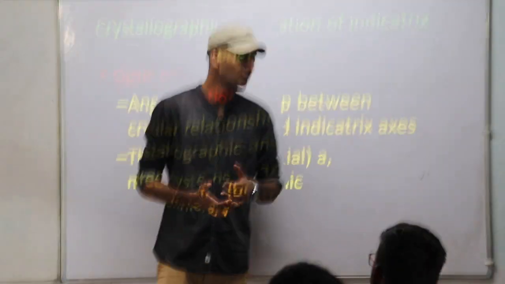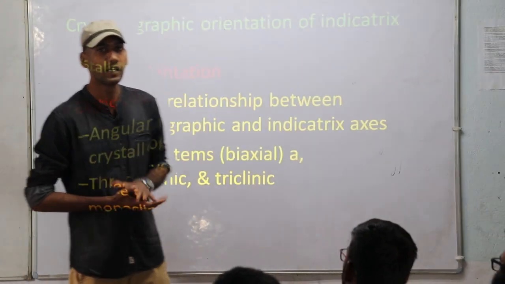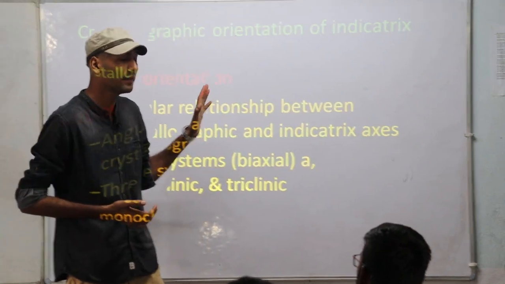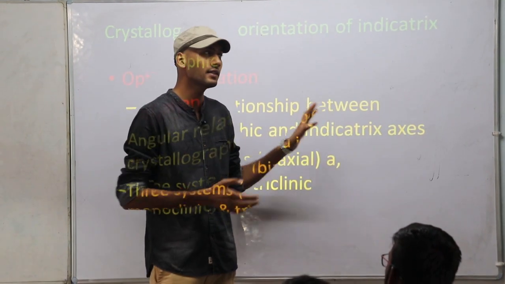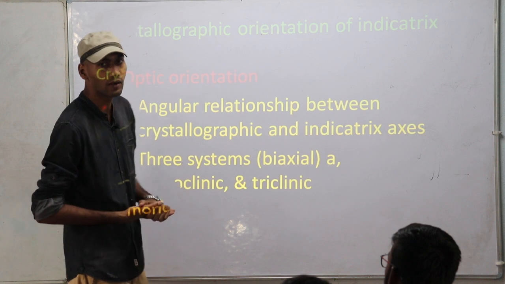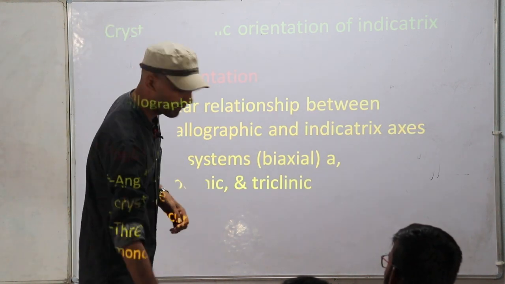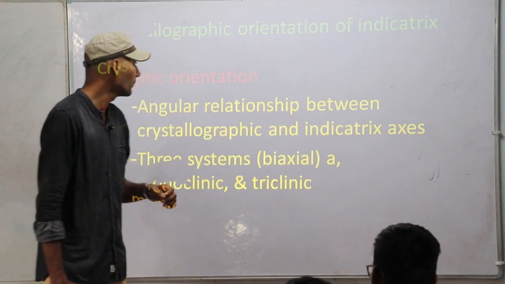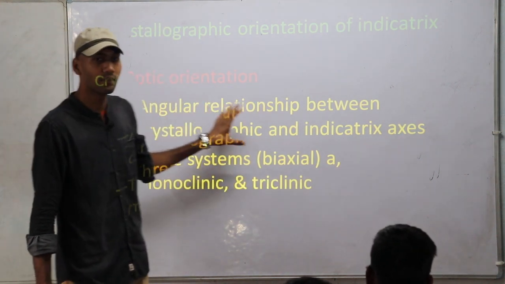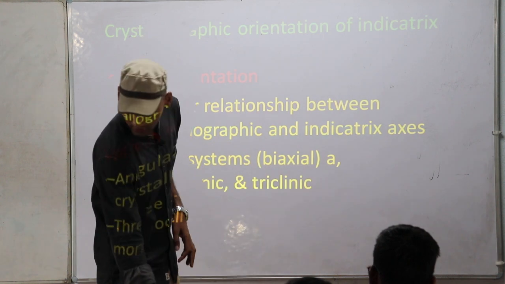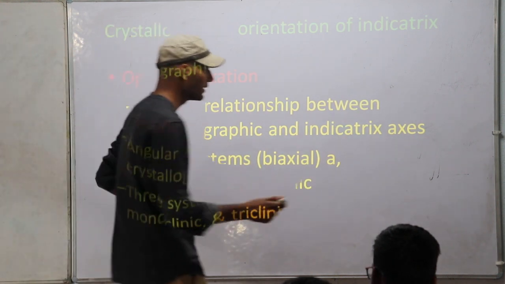Hello everyone. So in this video we are going to discuss optic orientation, and that means orientation of indicatrix axis with respect to orientation of crystallographic axis for different systems. Then we will go for interference figures. So talking about optical orientation, as I have already told, there are three indicatrix axes: